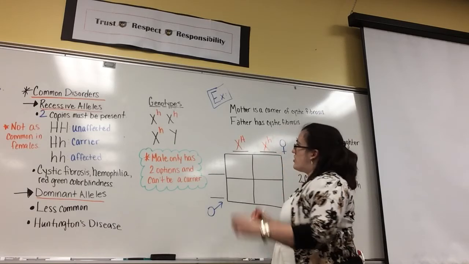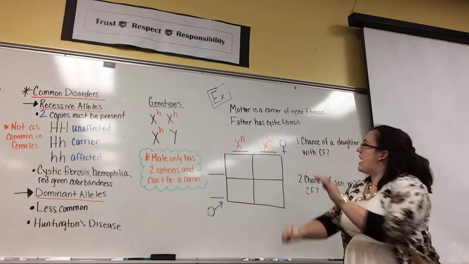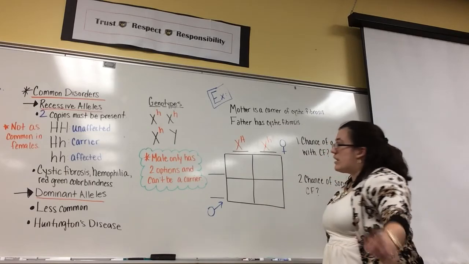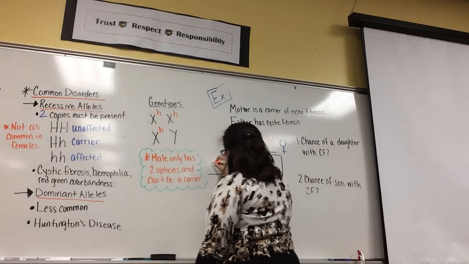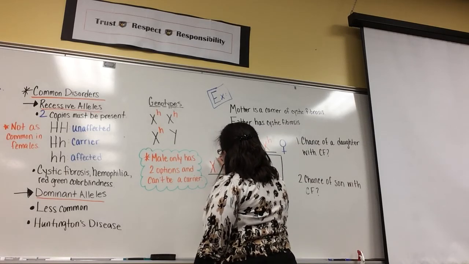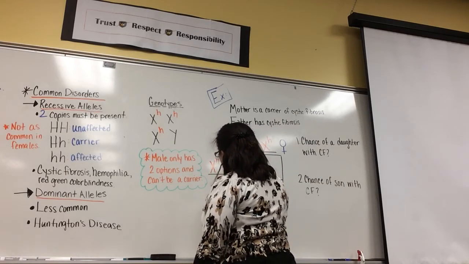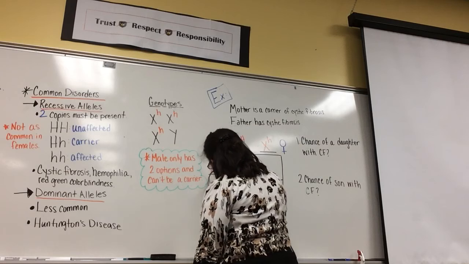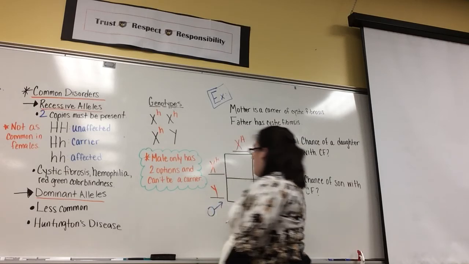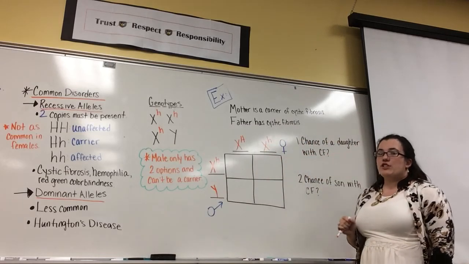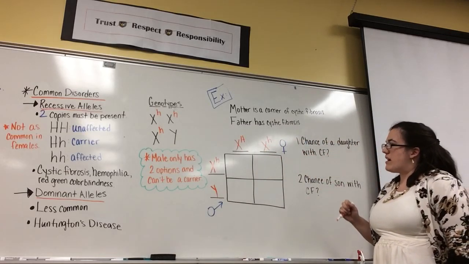And we're just going to use H's because I'm on that trend. Okay, now our father, he has cystic fibrosis. So he is going to be X little h, and then Y, which is a bad Y, but Y. Okay, so when you do these Punnett squares, you